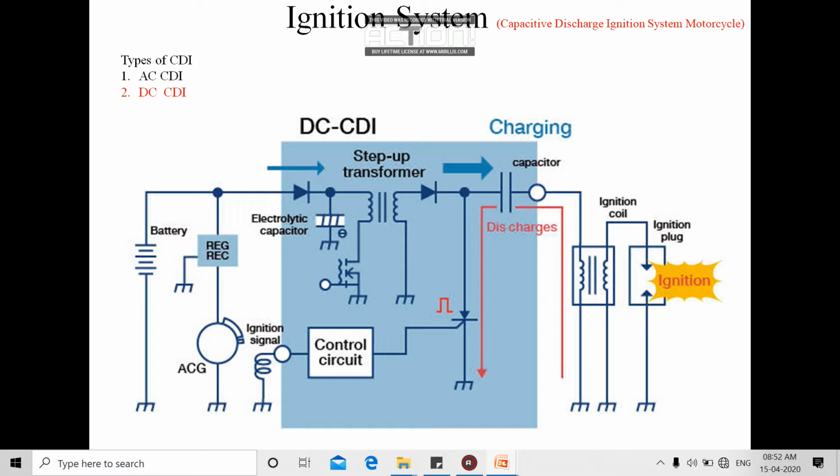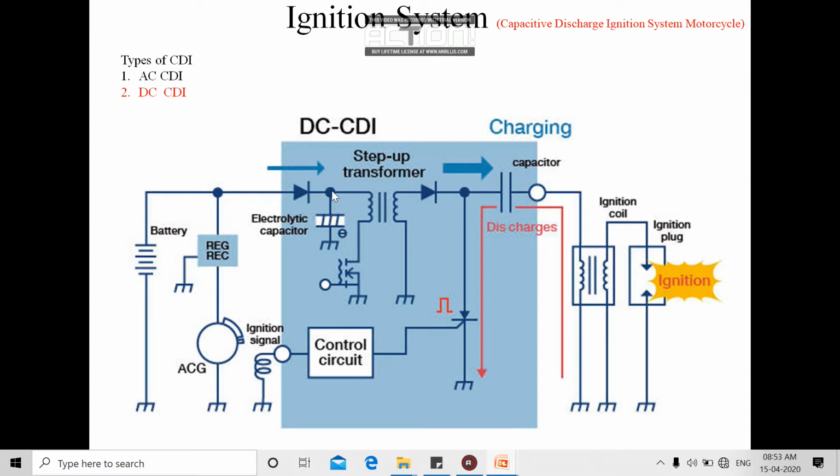becomes more than 20k or 30k. And the capacitor may get burned due to that high voltage, because it has a capacity of 300 to 400 volt or 400 to 500 volt, and if it gets supplied 4000 it gets burned. Because of that, we require the regulator here. At high speed it generates high voltage, so that should be regulated, and the AC current developed should be rectified into DC. So we are giving a DC supply inside the CDI unit. This is our diode, which controls the flow of current, or the direction of flow of current.